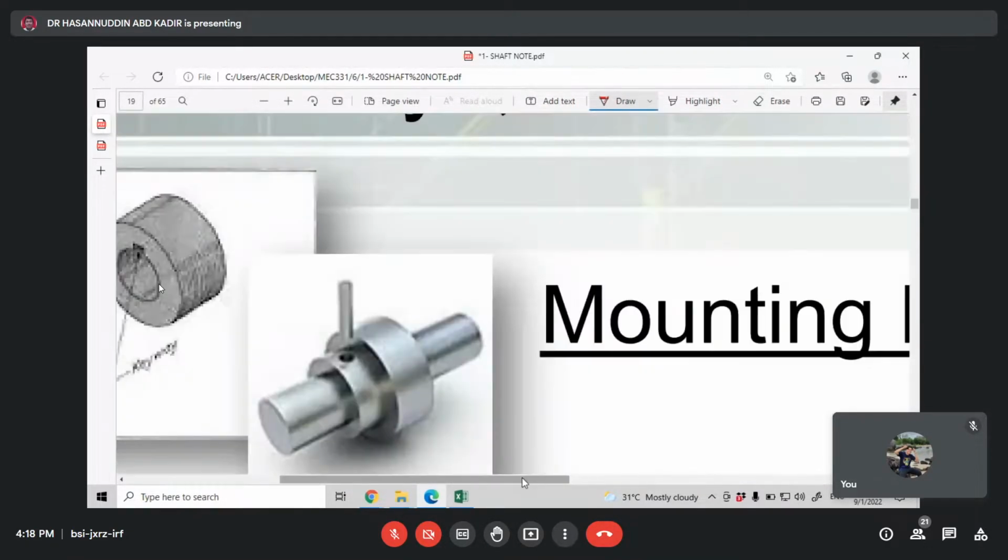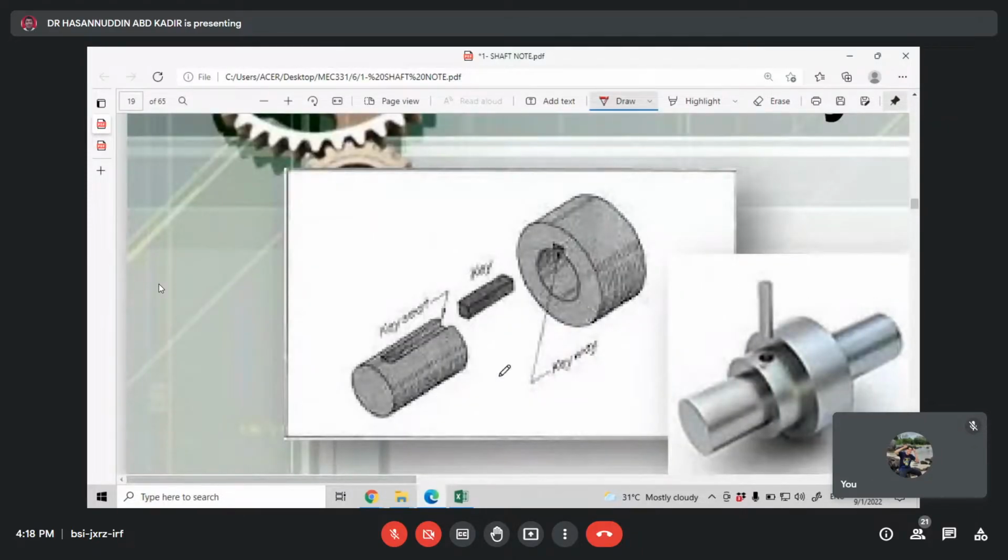Okay, this key, if you are used to seeing this component, let's say this is your shaft here. And then you want to attach and join it together with this one. Okay, we want to join together, let's say this is a pulley, a gear, or another component. So we want